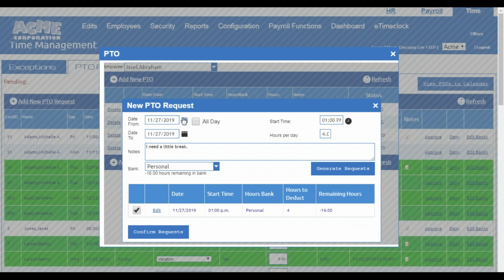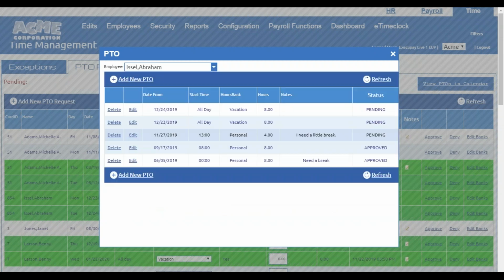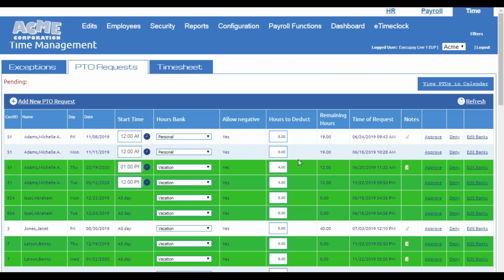If I need to add another one, I can come up here and make changes to this information and select Generate Request again, and it will add another line for me. Once I'm happy that all of these are correct, I can select Confirm Requests. My data is saved successfully. My supervisor gets an email if it's set up,